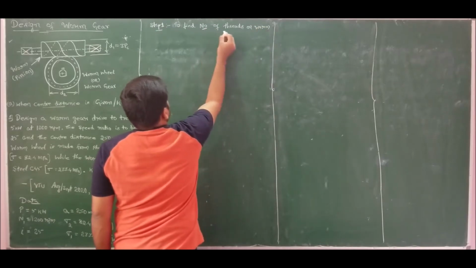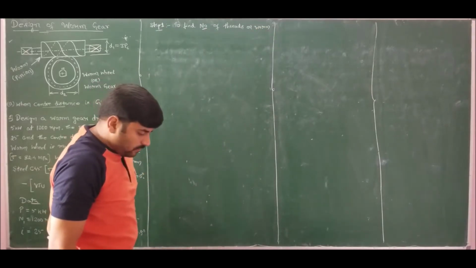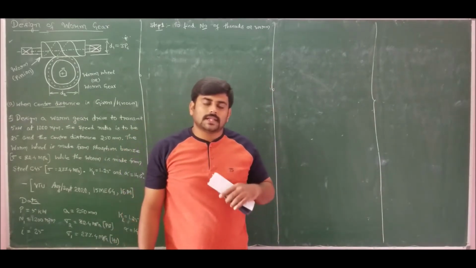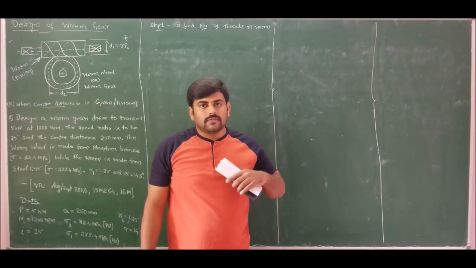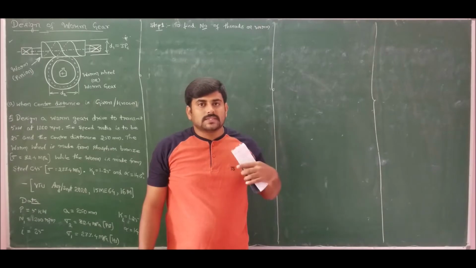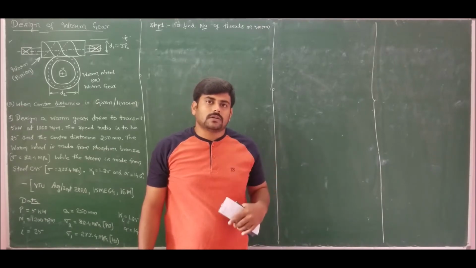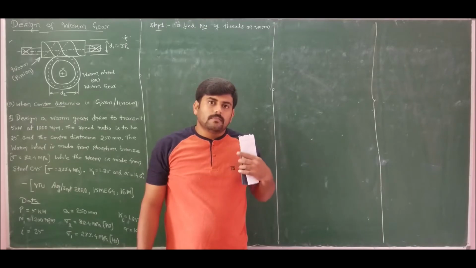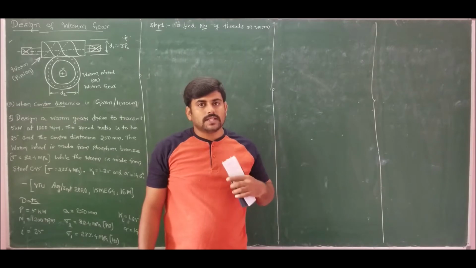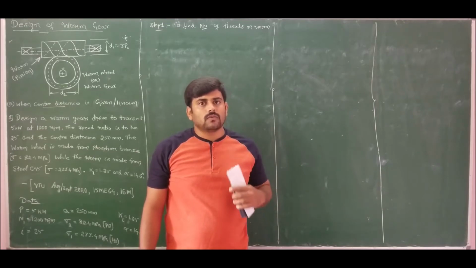Now, to determine the number of threads on worm, the first very important point is that we should visit the table 12.8 and check whether for the given speed reduction value, he has specified the number of threads clearly or not. If there is an ambiguity, then by using an approximate value, by trial and error method, we should find out the actual number of teeth on worm. There is no problem if the speed reduction is greater than 20. If the speed reduction is greater than 20, always for worm gear, Z1 is equal to 1. Kindly keep this in mind.